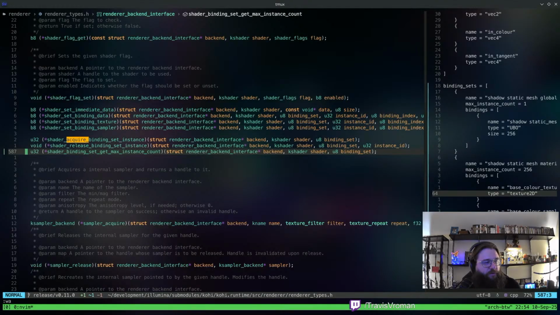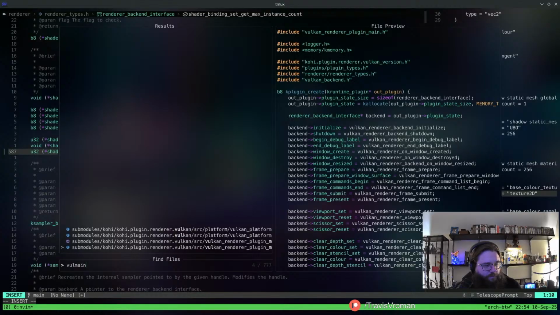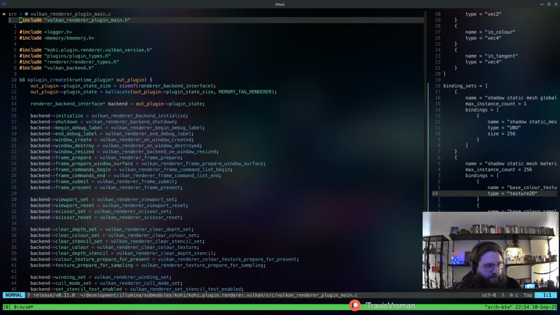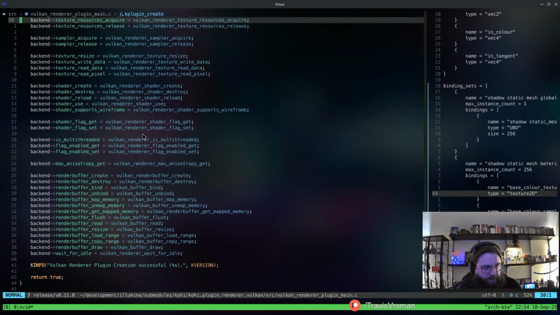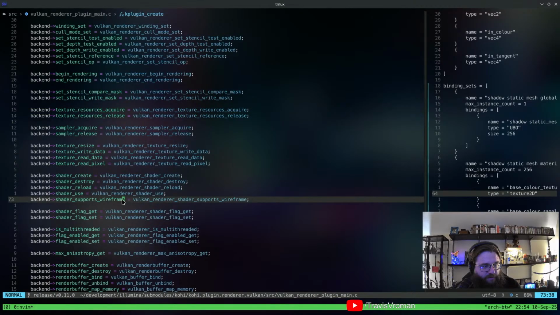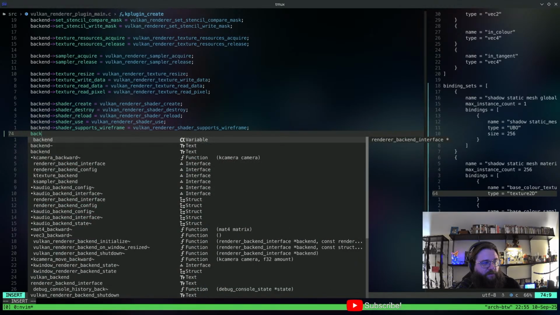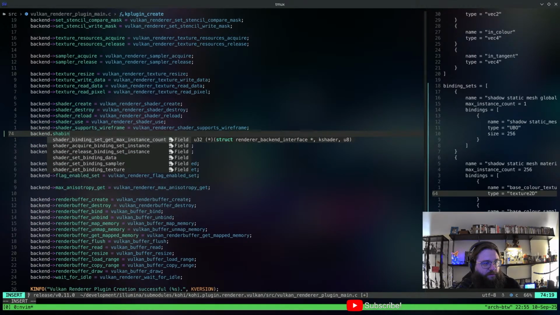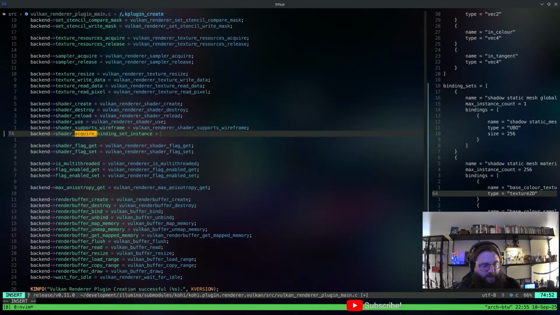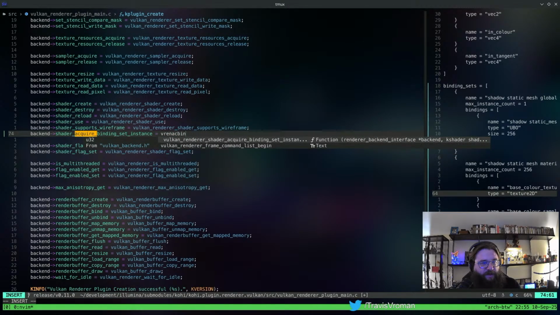Oh, wait a minute, there's one more thing I have to hook up. Gotta hook up the function pointer. Otherwise we're going to be in a bad way. Oh, did we not? I didn't hook any of them up. That's cool. Let's see, Vulkan renderer acquire binding set instance.